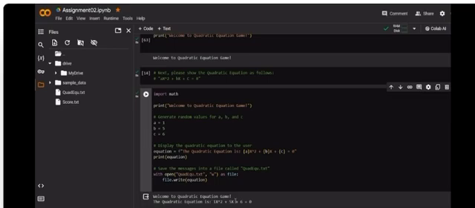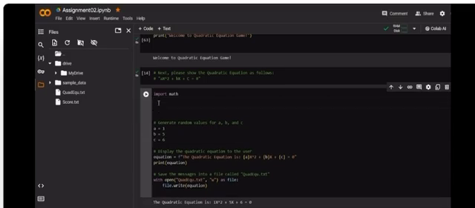The quadratic equation is exactly what the professor wants us to do here. That's what I have here. But I just put this here; if I don't want it, I can just take it away. And once I run my code, it's just going to show the quadratic equation is this and so on. But I intentionally put that one there.